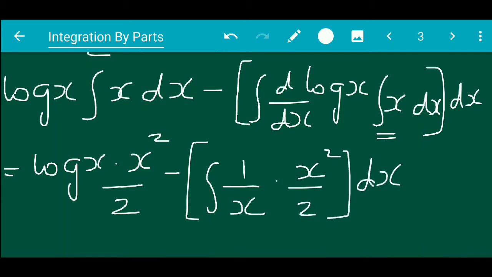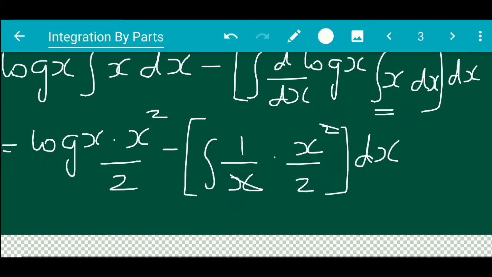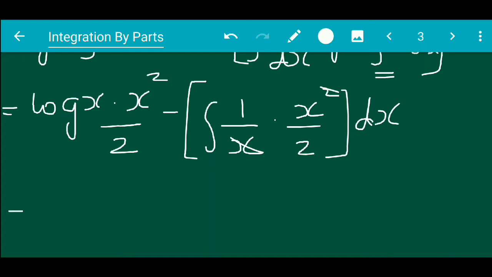This way. Now, what remains is we just cancel this x and x square, one of the x goes away from the numerator, and then again the integral is not solved. The first term we write it because it is already solved. We can even write it this way. There is a proper method of writing, x square into log x